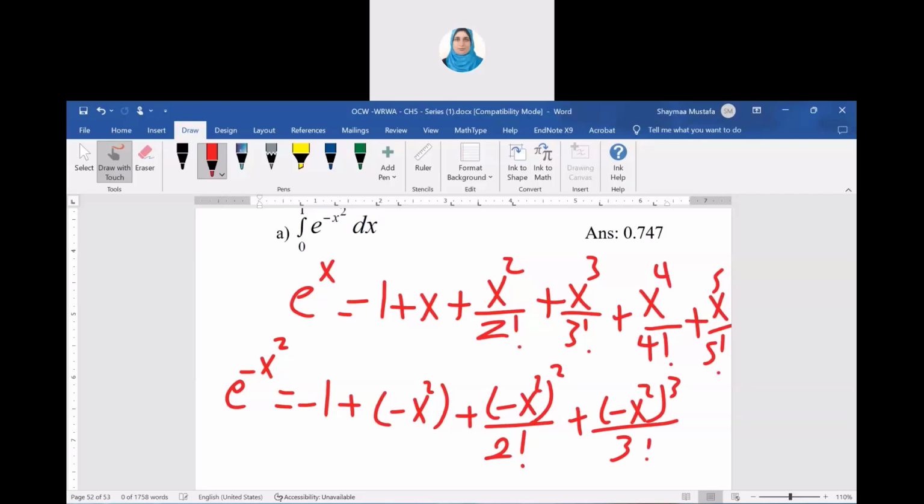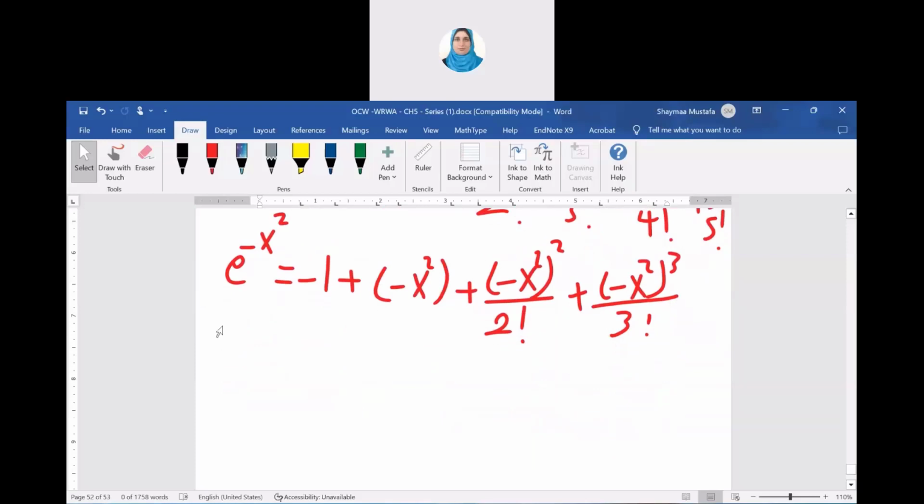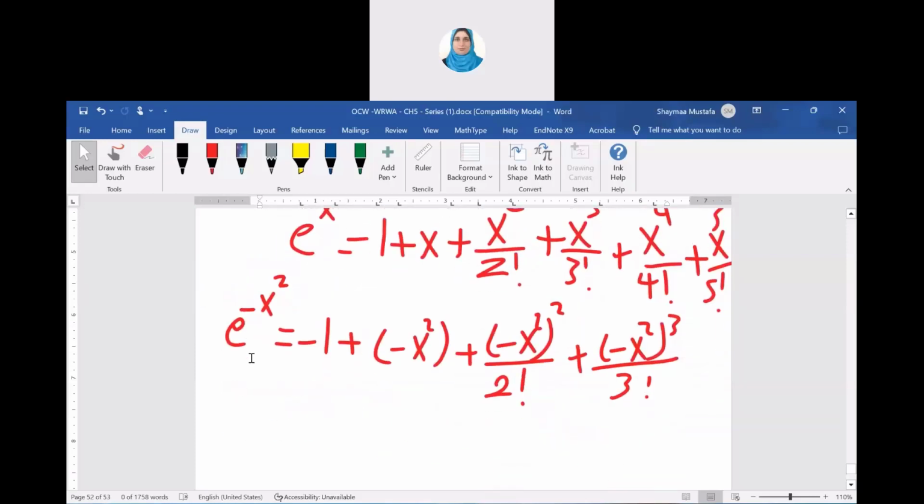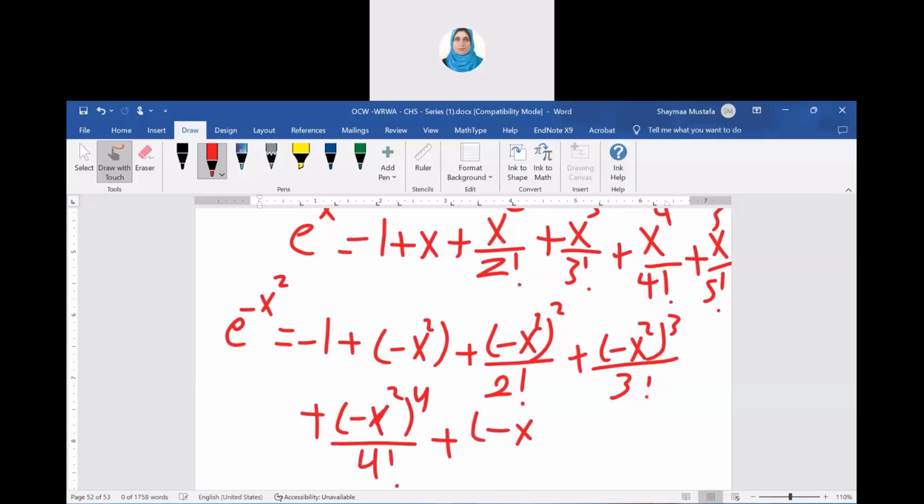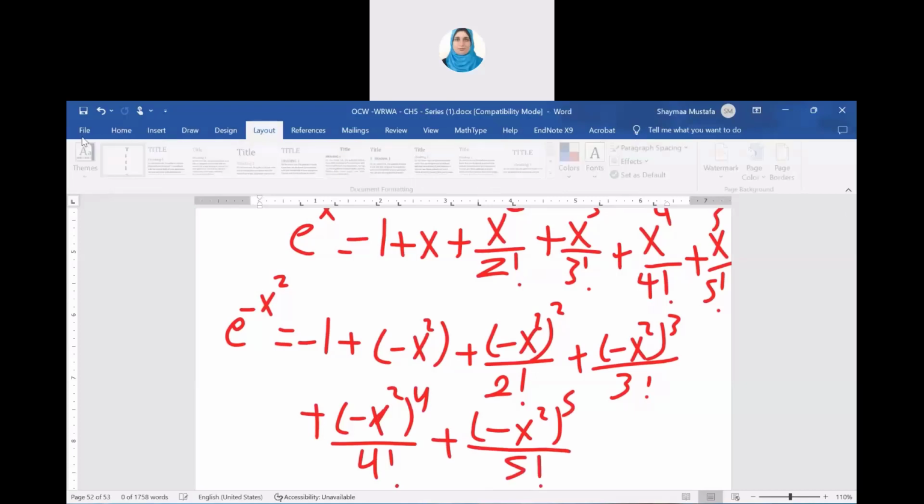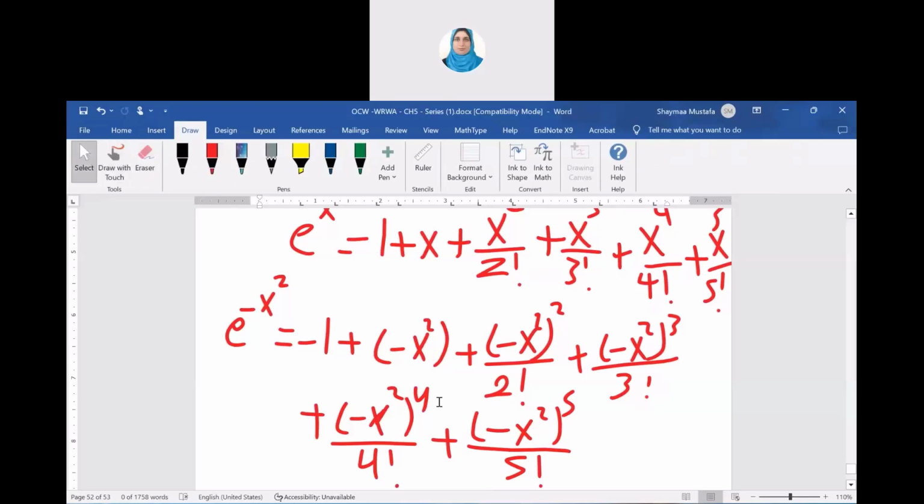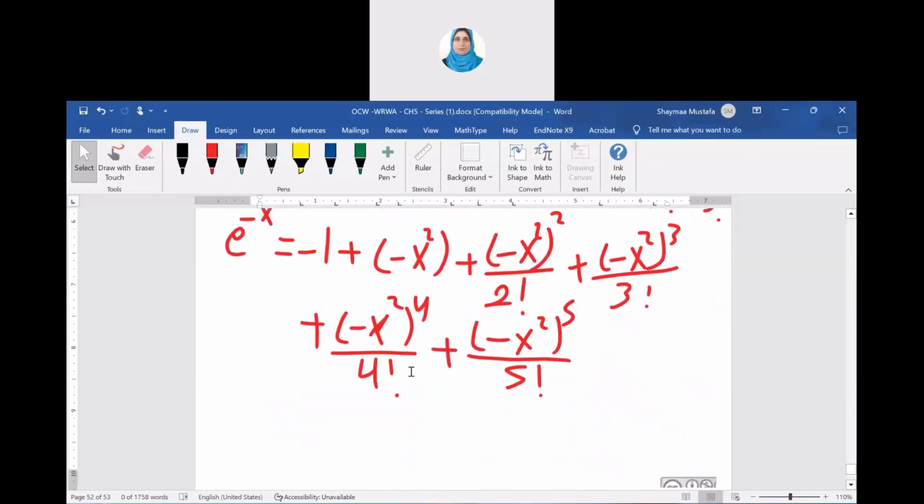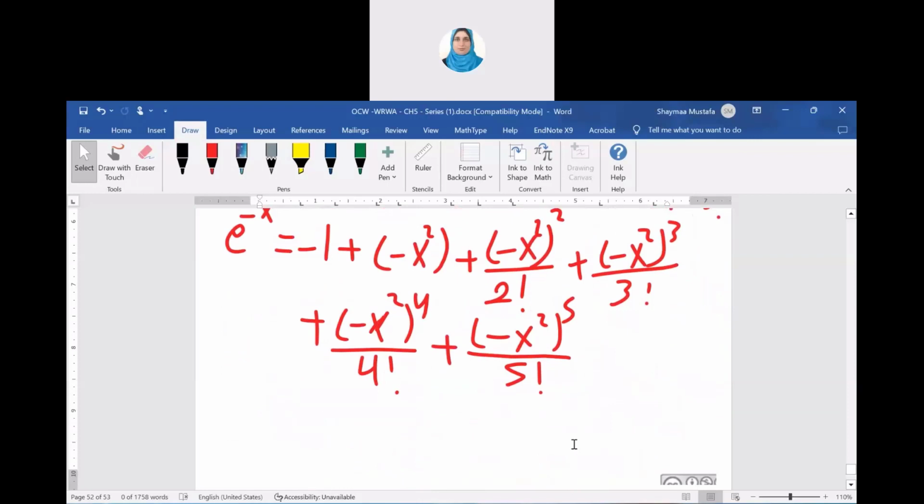A cube over 3 factorial. Replace each x by minus x squared, or plus minus x squared to the power 5 over 5 factorial. So replace each x by minus x squared. Be careful about the negative signs. So this one will be minus 1